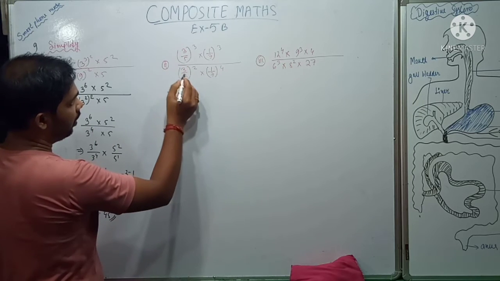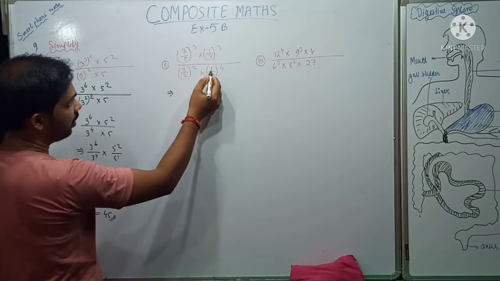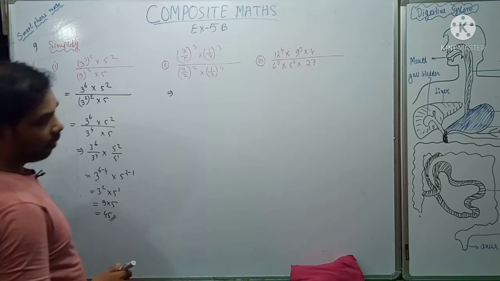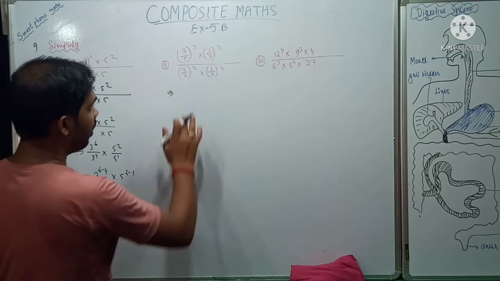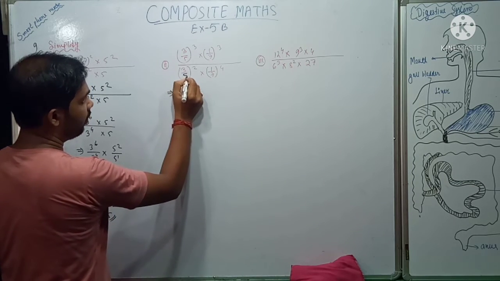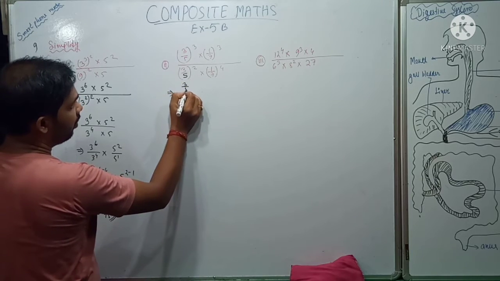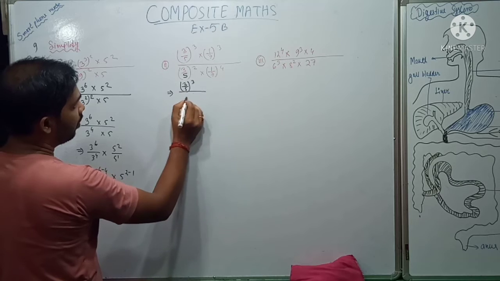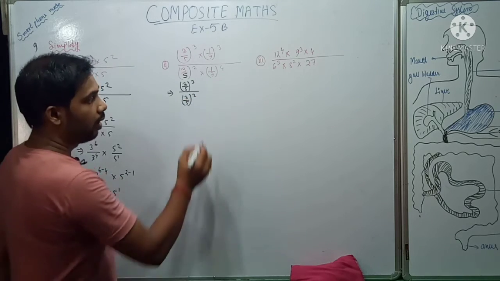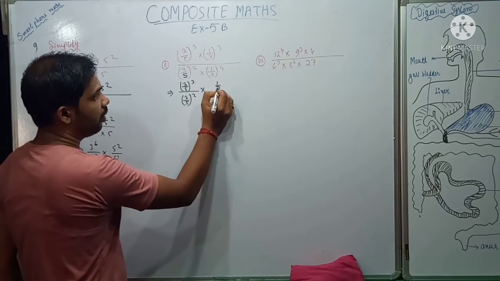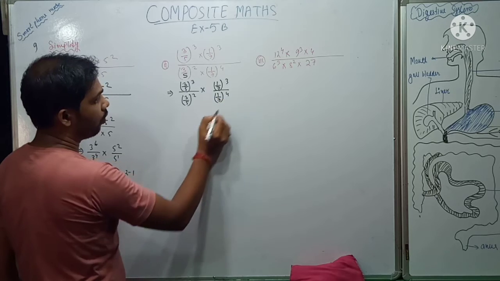Now you see, 3 power 5, 3 by 5 whole power 3, 1 by 7 whole power 3, 1 by 7 is here, but here 3 by 5 whole power is not given. Oh sorry, 3 power 5 only is given. I have written 2, so it is 5 only. Now see, we can write like this: 3 by 5 whole power 3 by 3 by 5 whole power 2. Again we can write 1 by 7 whole power 3 by 1 by 7 whole power 4.